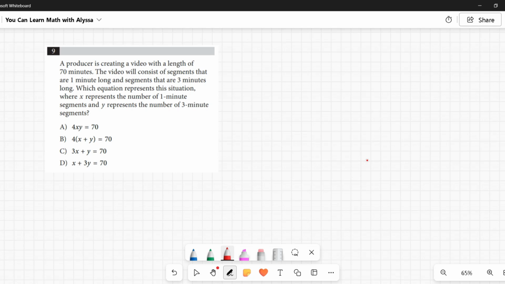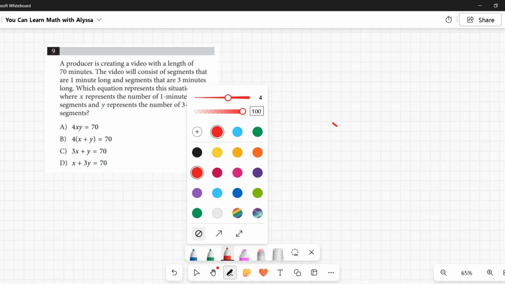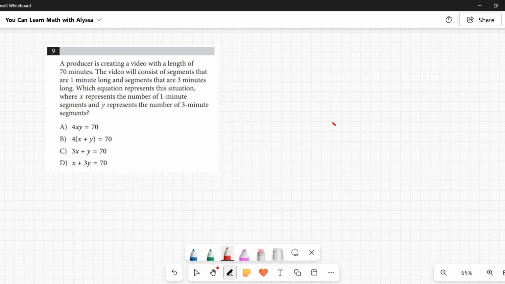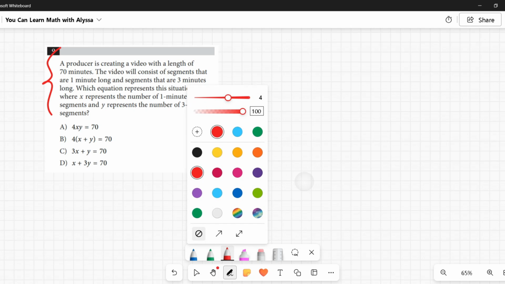3 minute segments? When we're creating equations with variables, we want to make sure that every single thing in the word problem is being represented and that we're representing it accurately, right? So a good way I find to do that is to think with real numbers. If you're reading this, I know word problems can be problematic for a lot of students. They can make us go, what's going on? I get it. So if that is the case for you, something you might try doing is representing this with